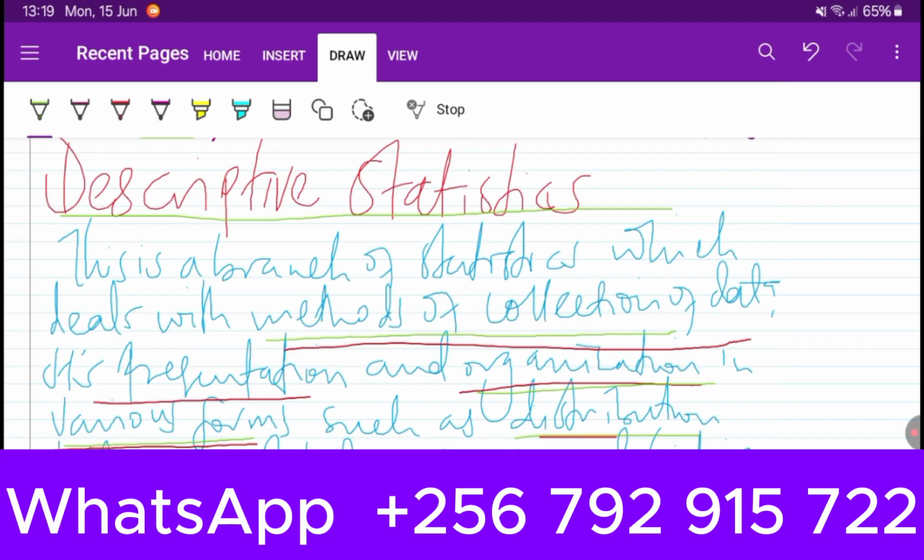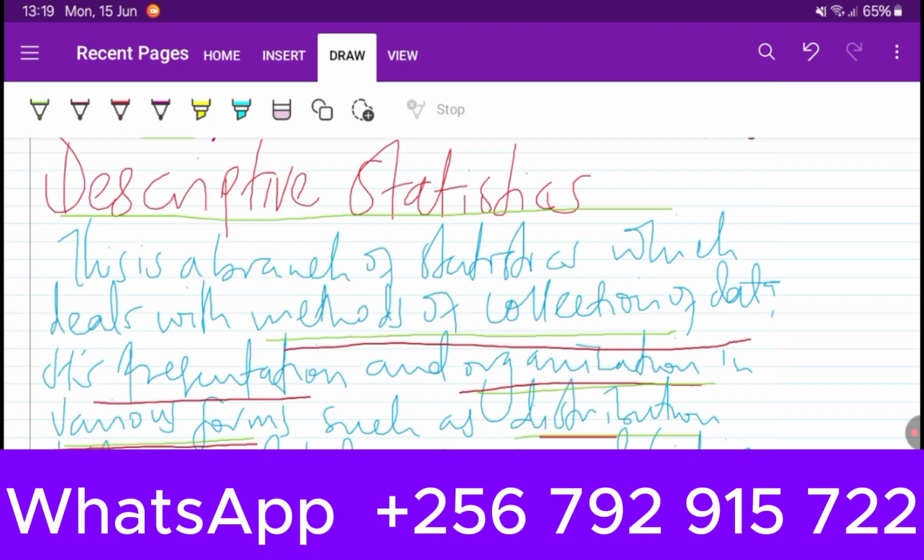We can use graphs, we can use diagrams, we can even use numerical computations. So this branch of statistics deals with how the data is collected. It deals with the methods of collecting the data, how the data is presented and organized in various forms,